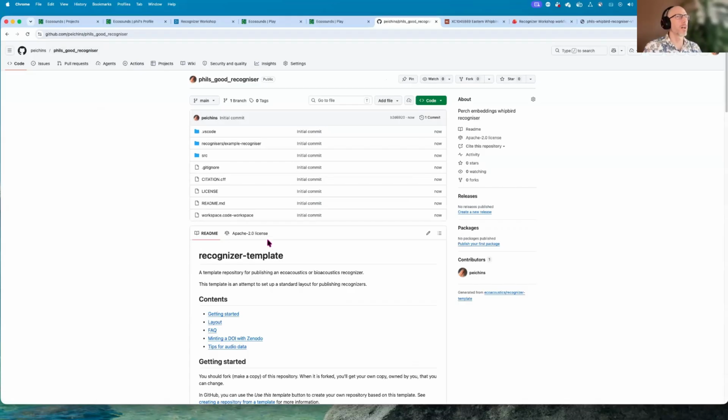GitHub profile, I've got a repository that is based off that template, and it's got a folder and file structure with a whole lot of suggestions, basically, of the kind of things that you would want to ship with your recognizer, things like license, how to cite it, any source code to run it, things like that. And so at the very